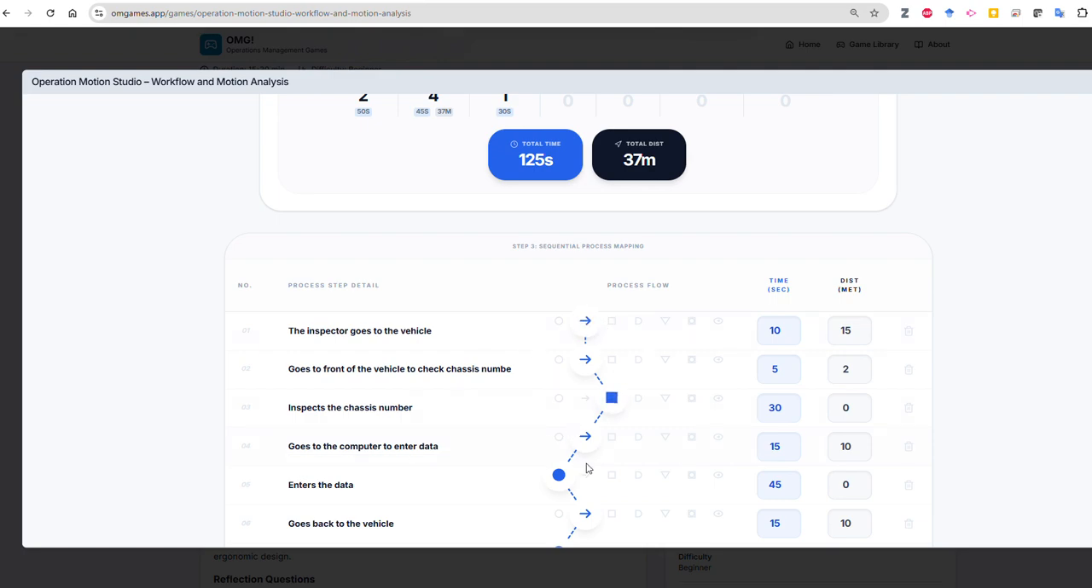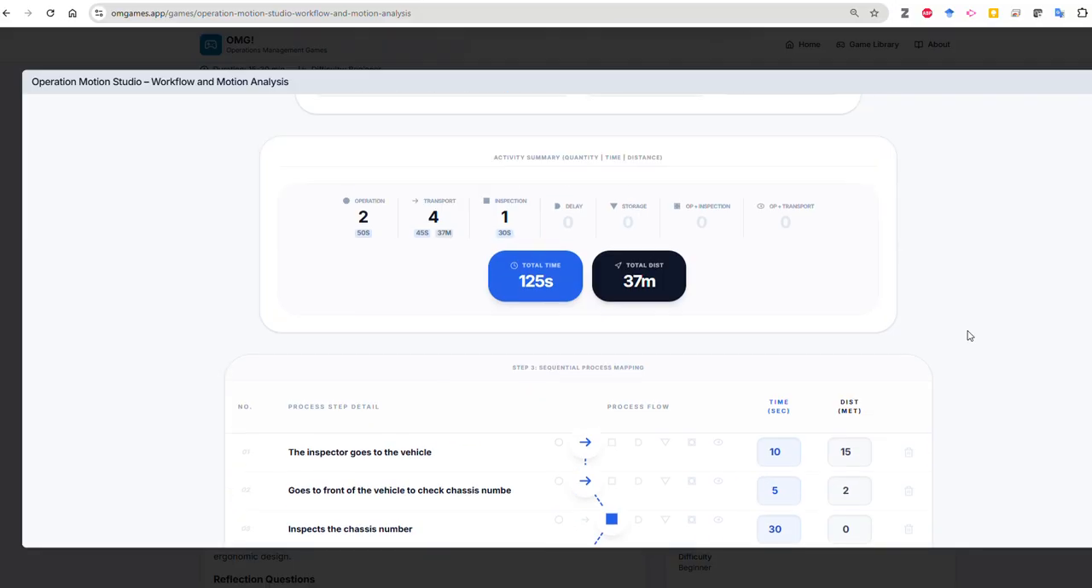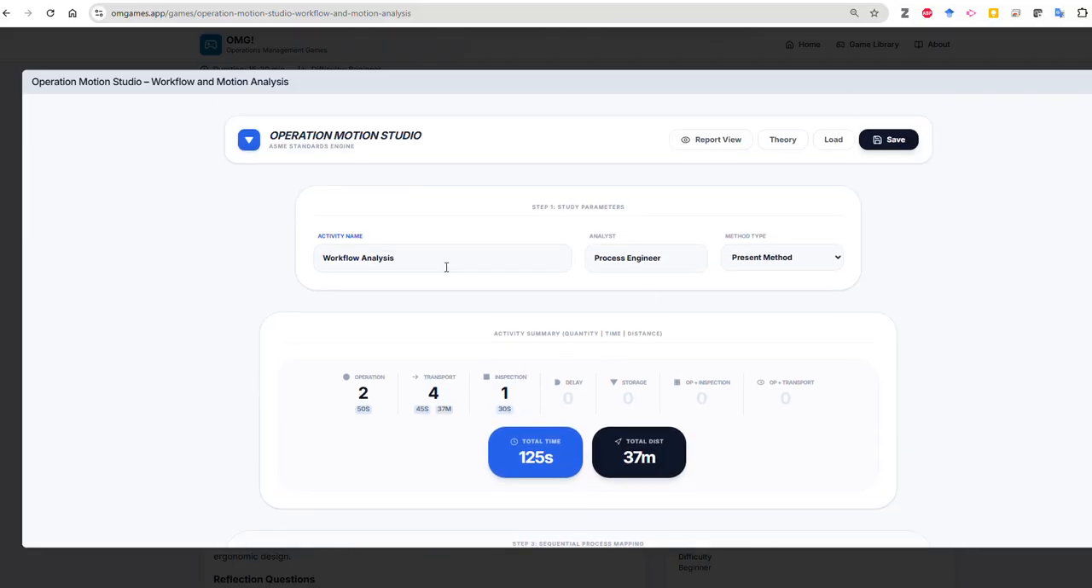And we are using certain symbols to show what type of operations we are talking about, and then we record two numbers here, the time and the distance of the operator who's performing this task. And we can give a name for the entire activity, what we are studying here. We just call it workflow analysis, but we can change it. We can say it's workflow analysis